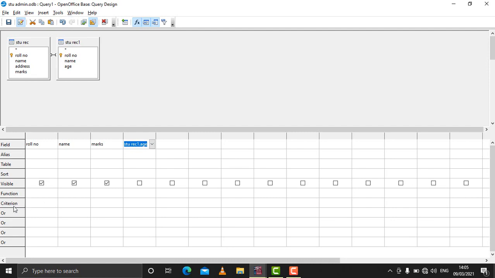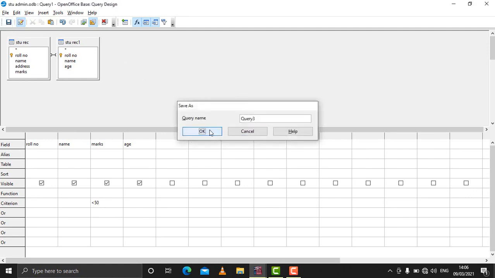And then one option is here, criteria. You can set criteria. Say for example you want to see the marks which are less than 50. So you can put the criteria less than 50. It will show the records of only those students who have secured less than 50 marks, and then save it.